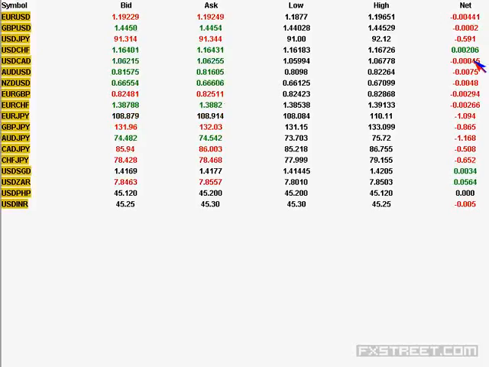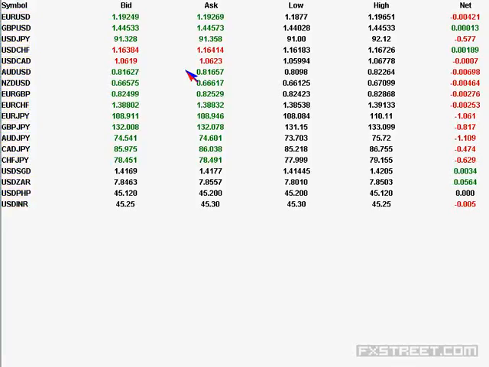Then Australian dollar is showing negative net change, and Canadian dollar is also showing negative net change. So basically, the players are positioning themselves across, and they are expecting the higher level long holders to liquidate the long positions here. And if they don't liquidate the long positions at the newer low level, they will try to show a still lower level and induce them to liquidate the long before making the rise.